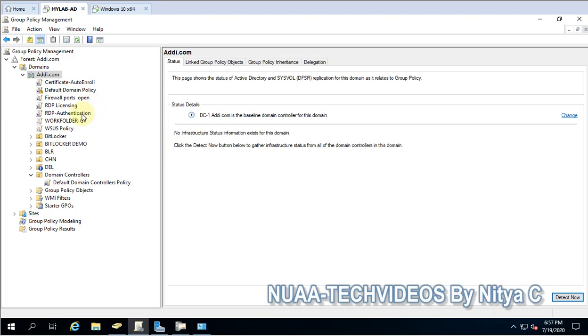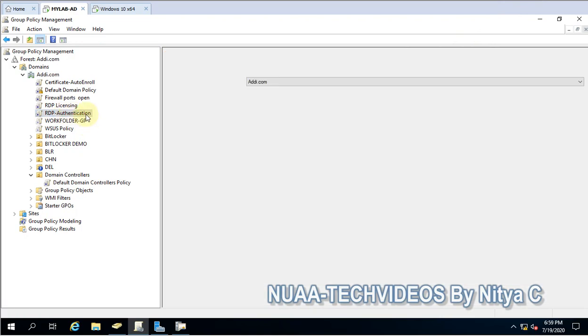Now we have to edit the newly created policy. So let's edit the policy. Right click and edit to configure the settings.